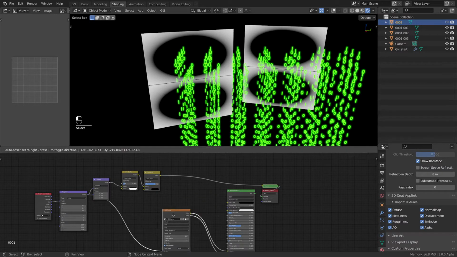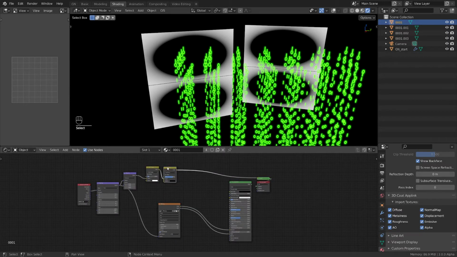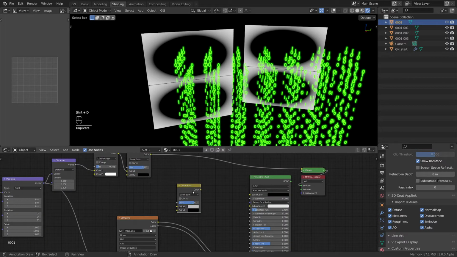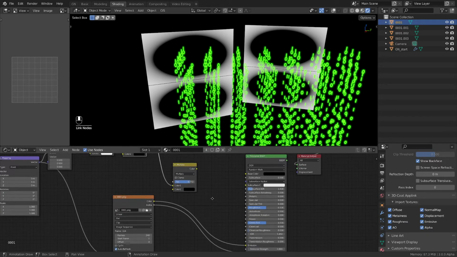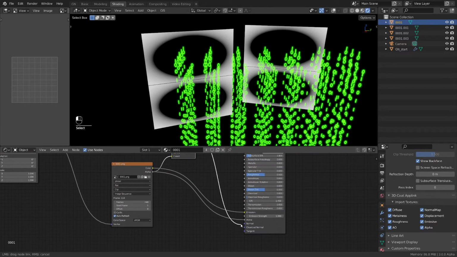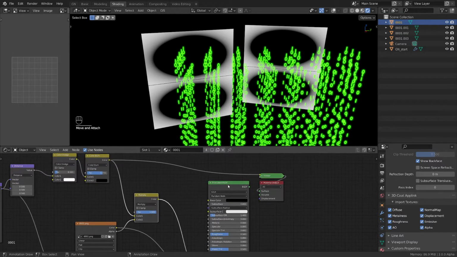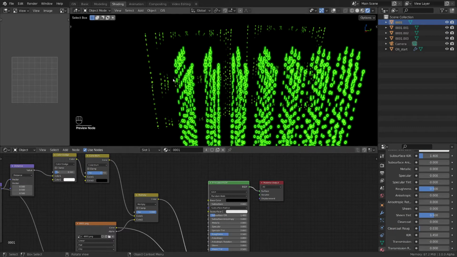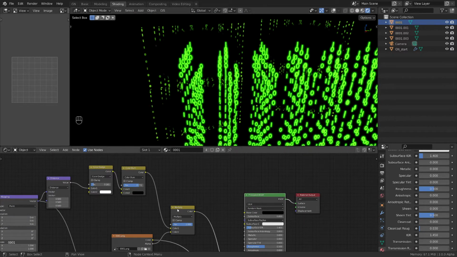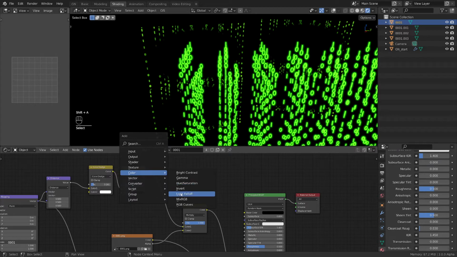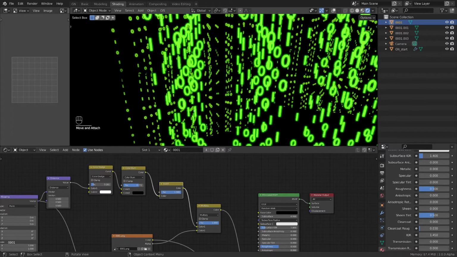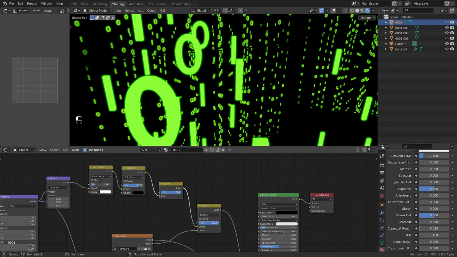And the way we are going to mix it with the alpha is by taking another Mix RGB, switch this one to multiply, take this color in, and take this alpha here, plug it into the alpha here. Awesome. And switch it all the way to 1. And now if we connect the shader, we get this, which is the inverse of what we need. So let's go to color invert, plug this one here, and now we have these values to play with